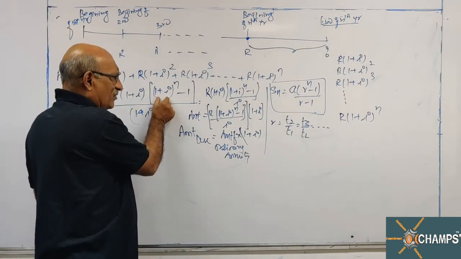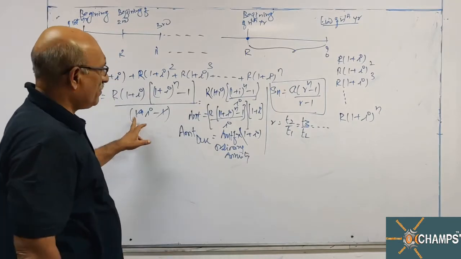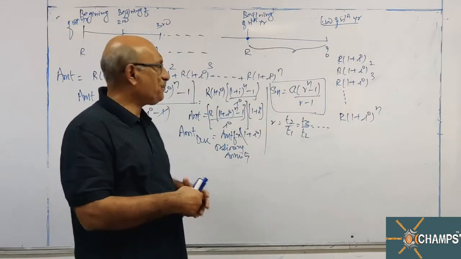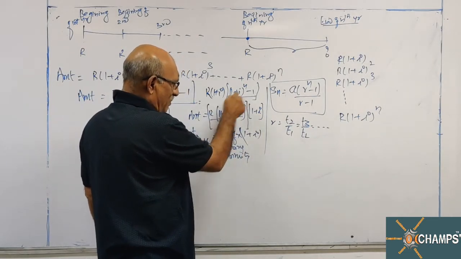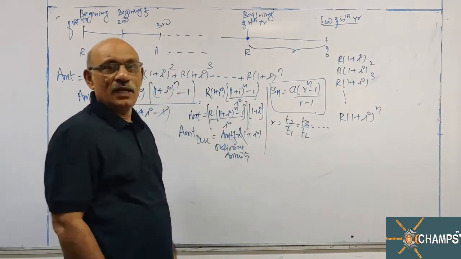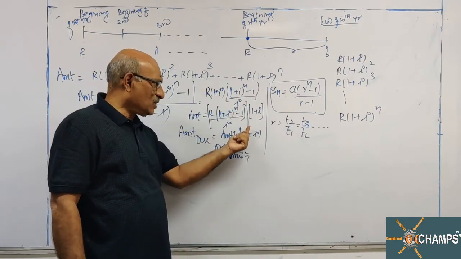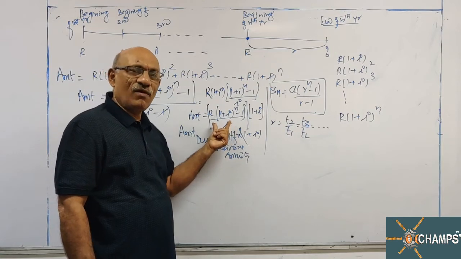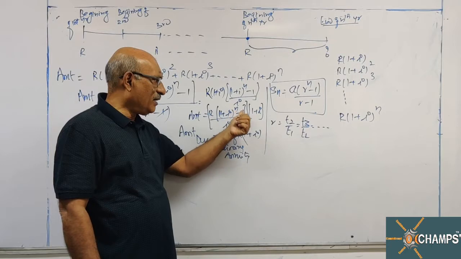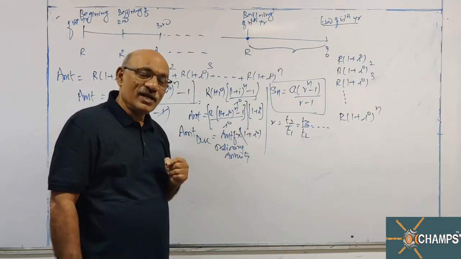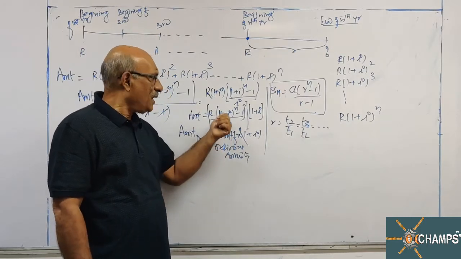Common ratio is (1+i)^n - 1 by r - 1. Plus 1 minus 1 cancel, this formula you get. What I am doing, 1+i I am writing here at the end and the remaining terms at one place. As and when the formula is readjusted, this first one, R into (1+i)^n - 1 by i, is nothing but the formula for ordinary annuity. This is the amount formula.